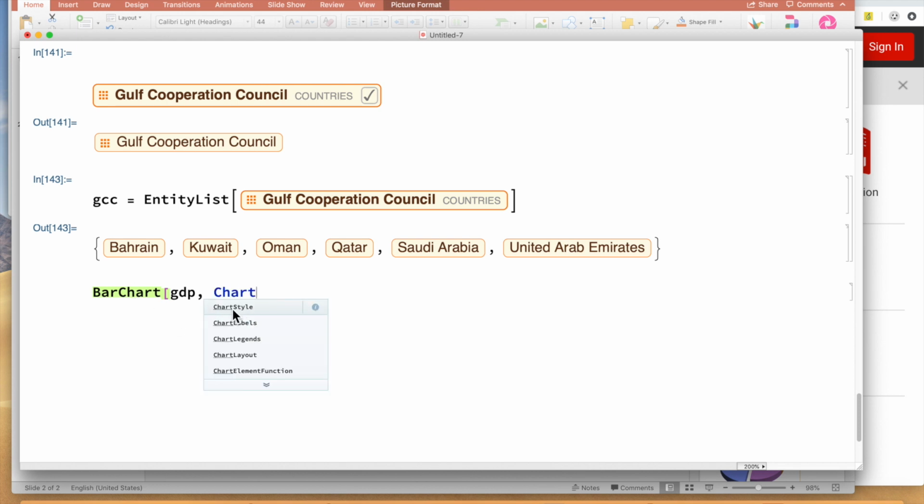and you can see so many things here. There is a style of the chart, there's a label, and there's so many things like legend and other things. So when I click on chart labels, this row comes left, and then here I put the label. The label will use GCC, which is this variable we have here. And now I close the bracket, and notice as soon as I close it, they became black, all of them,